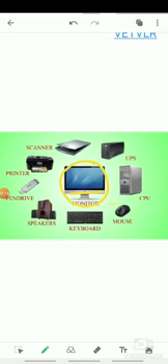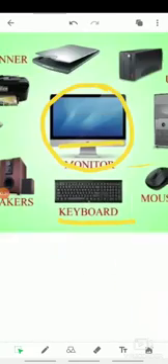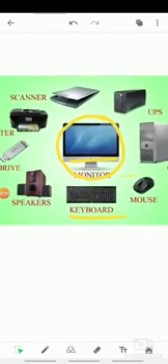And next one is keyboard. It contains a collection of keys. By using the keys, the user can type letters, sentences, symbols or characters. By using this, the user can give instructions to the CPU. Based on the instruction, the CPU will perform the action.